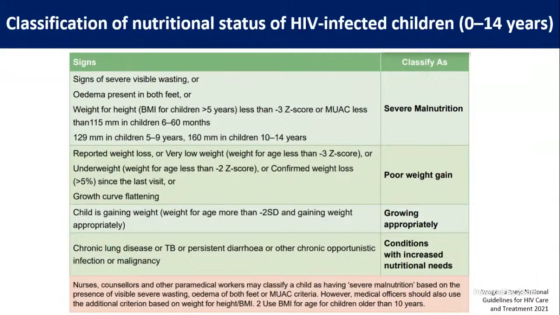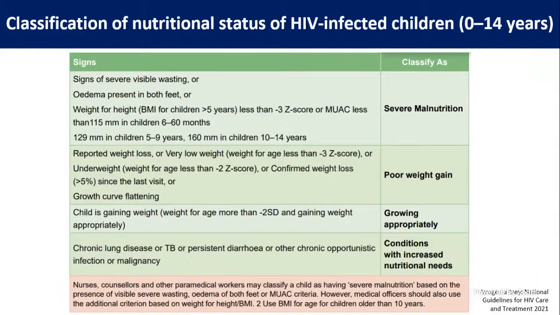So we actually go from top to bottom. This is how we classify illnesses in integrated management of neonatal and childhood illness. So if a child meets any of the criteria in the topmost row, then he has severe malnutrition. If he does not meet any criteria in the topmost row, but meets criteria in the number 2 row, then it is poor weight gain. If a child has none of these, that means his weight for age is more than -2 SD, and he's gaining weight appropriately. That means his growth chart is parallel to the lines existing on the growth chart,